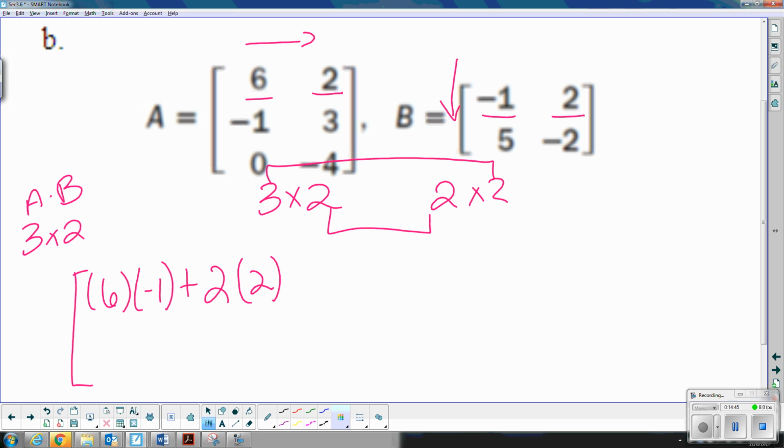And then our second term is 6... I made a mistake. Let's go back one step. We need to go down columns, not across. I went across for some reason. So we need to go down columns. So this should be,